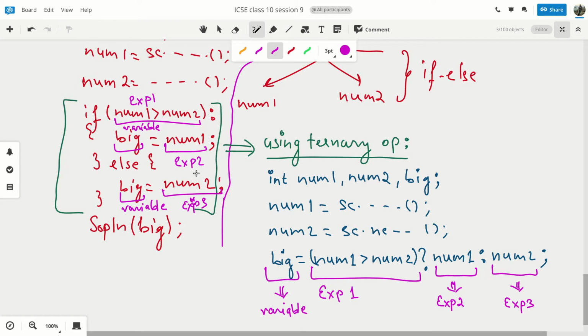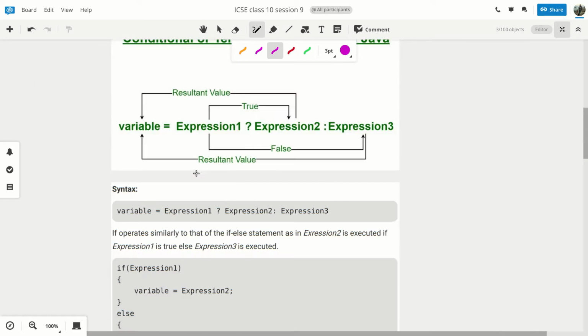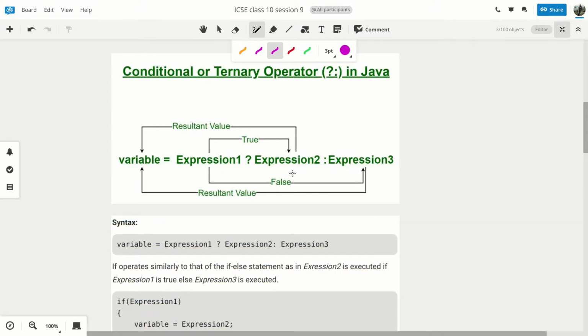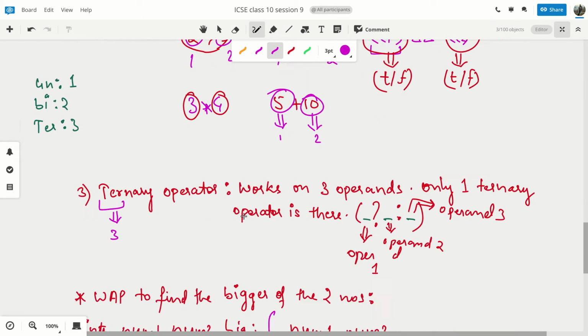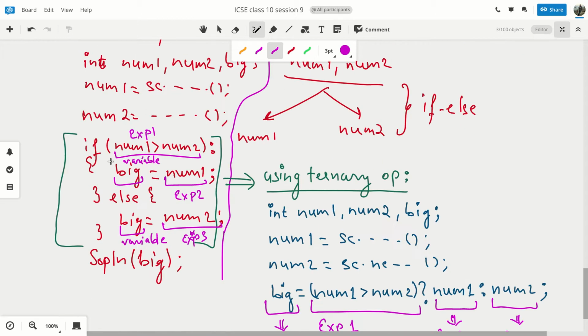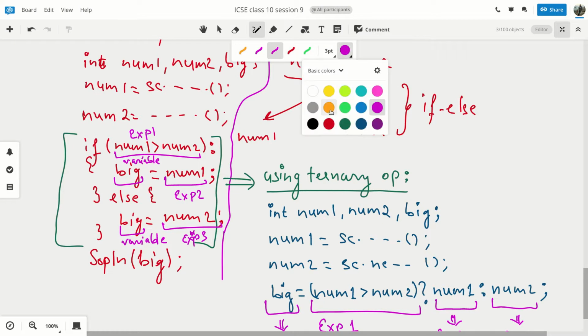We know the structure: the variable is equal to, if the expression 1 condition check results true, then do whatever is there in expression 2, and after evaluating, store that value in the variable. If expression 1 is false, then go to expression 3, evaluate the value, and store it in the variable. So the question mark corresponds to this block. I'll take another color for this.